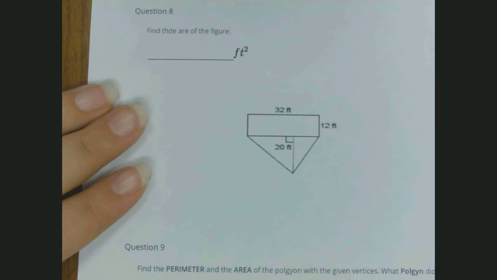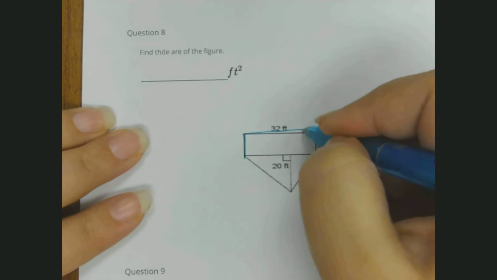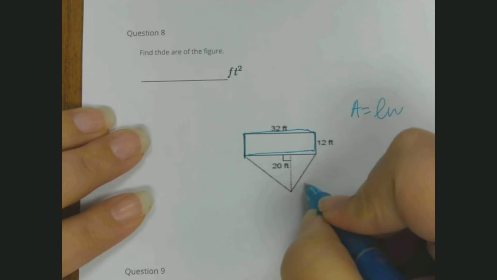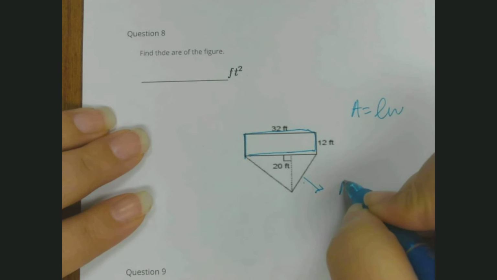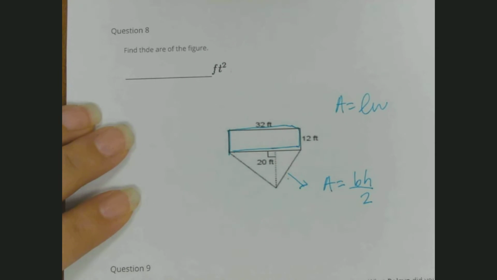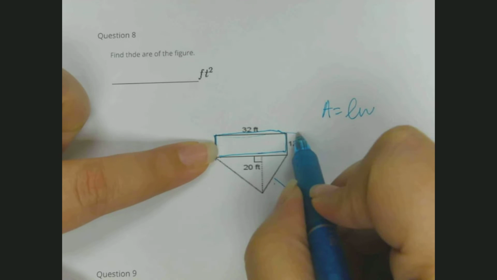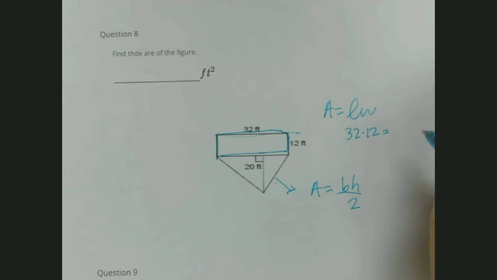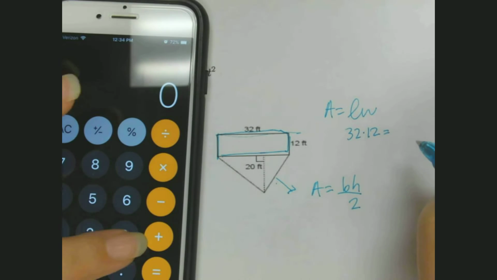This is a rectangle, and that area is length times width. And this is a triangle, so that area equals base times height divided by 2. Okay, let's do the rectangle first. I've got 32 times 12, and that equals